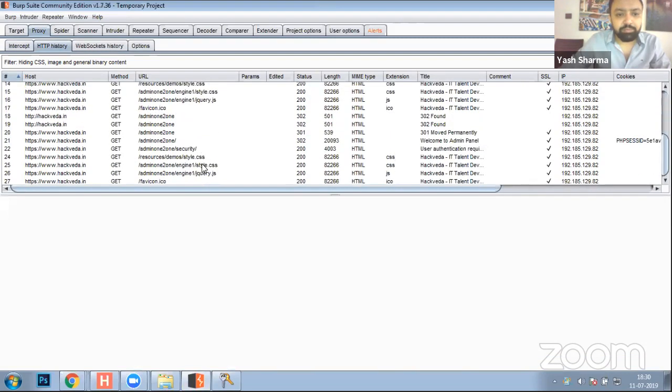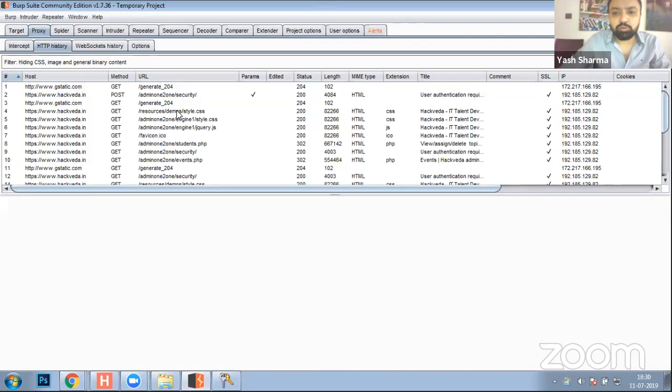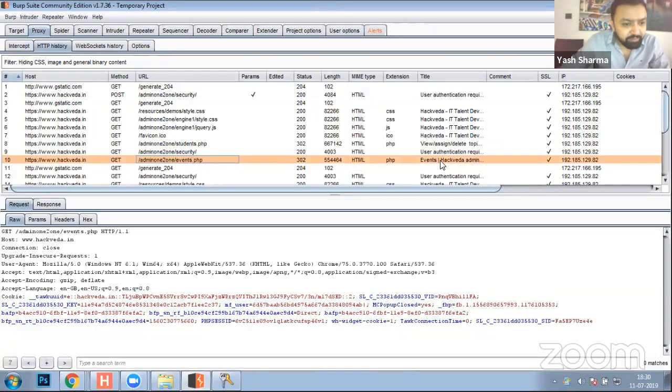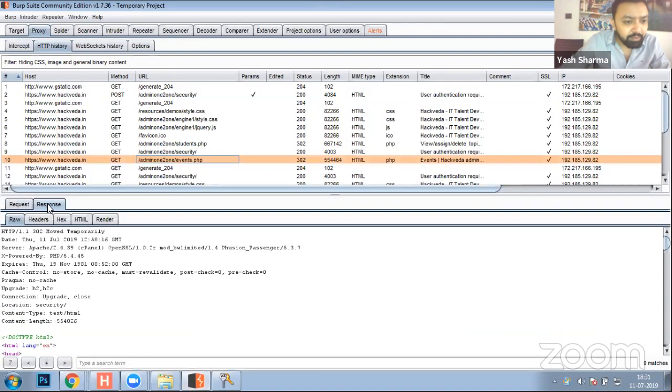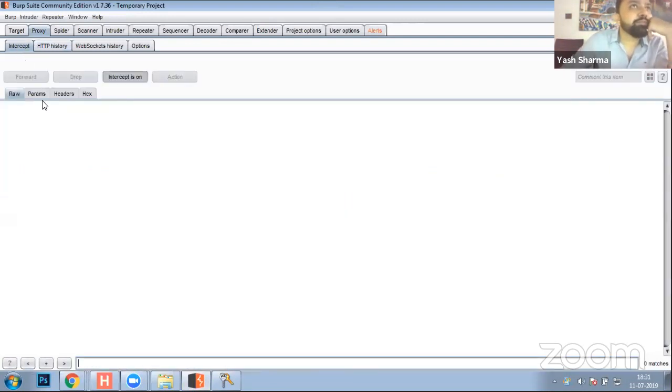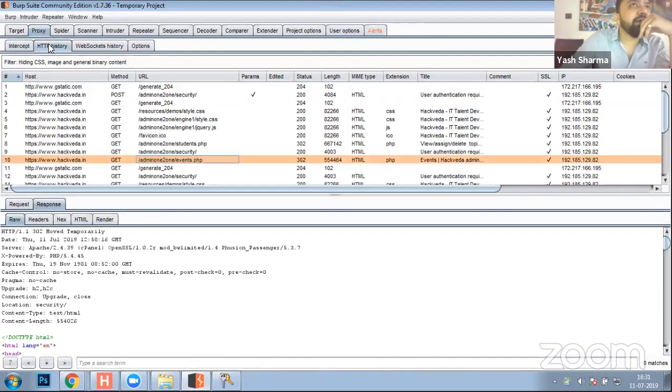ठीक है, ये देखो ये सारे पेजेस हैं. ये इवेंट्स की रिक्वेस्ट गई हुई है। ठीक है, अब हमें क्या करना है, हमें रेस्पॉन्सेज ऑब्जर्व करना है। इवेंट्स हैक विद एडमिन ये टाइटल है उस पेज का। यहाँ पे आपकी रॉ रिक्वेस्ट जा रही थी। अब आप HTTP हिस्ट्री में गए, आपके पास यहाँ पे रेस्पॉन्स आप देख रहे हो।